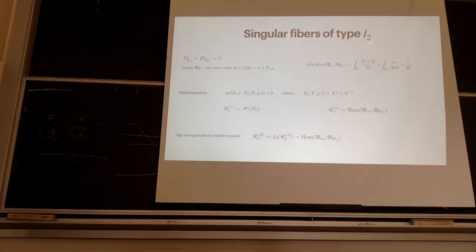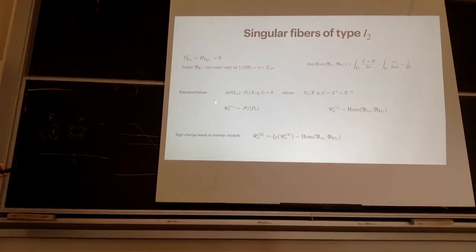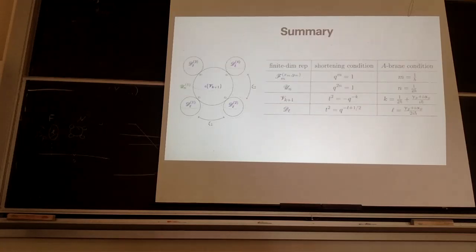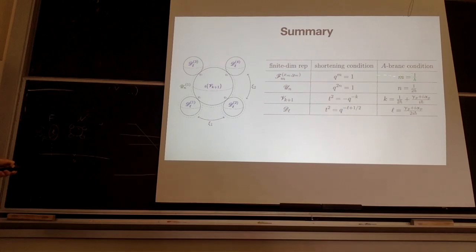So the singular fiber of type I2, when you had 3 singularities where the fiber was like 2 P1s with 2 double points. Here again, you can compute this. You have some polynomial representations, and now this finite-dimensional module is a factor of the polynomial representation over this polynomial. So this corresponds to alpha, beta, gamma, all generic? No, let me show you the table. Here alpha, beta, gamma are all 0, right? So yeah, here there is generic. Q is a root of unity, and we have this